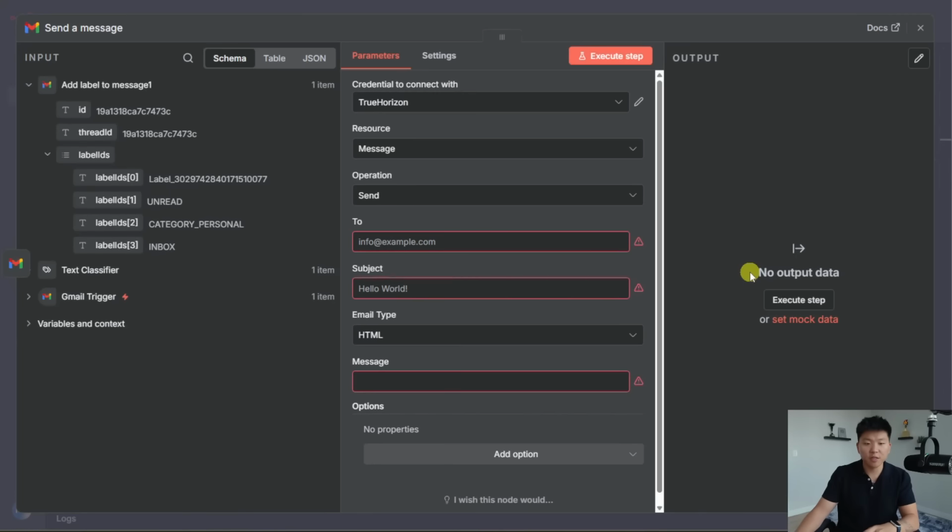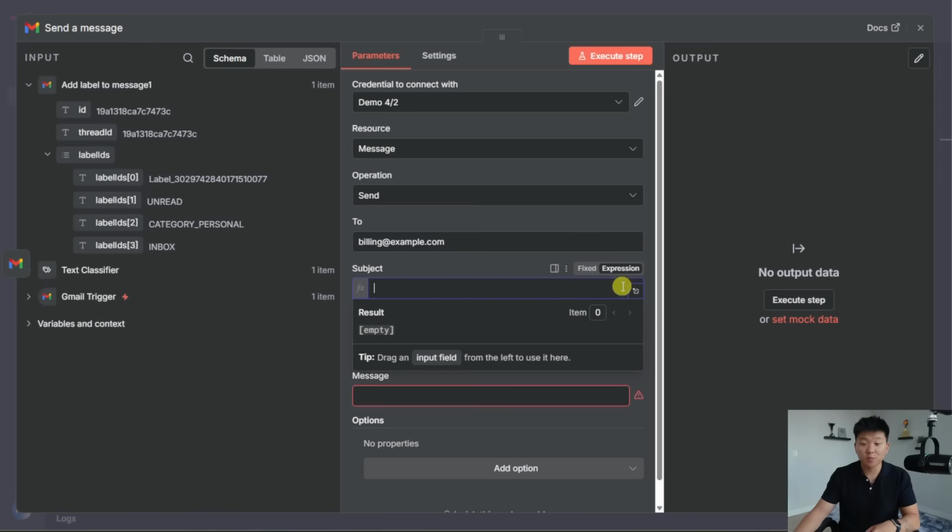I'm going to open up this configuration. You can see we have a to, a subject, email type, and a message. So for the to, what I would do is I would notify whoever's in charge of billing. So for the sake of the example, I'm just going to put billing@example.com. For the subject, I'm going to change this to an expression, and we can basically have a mix of